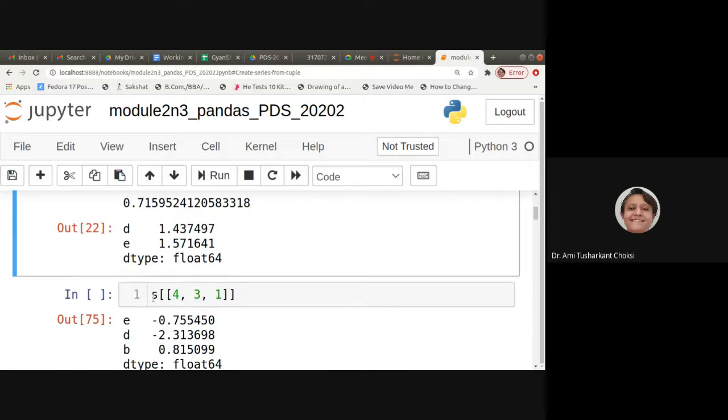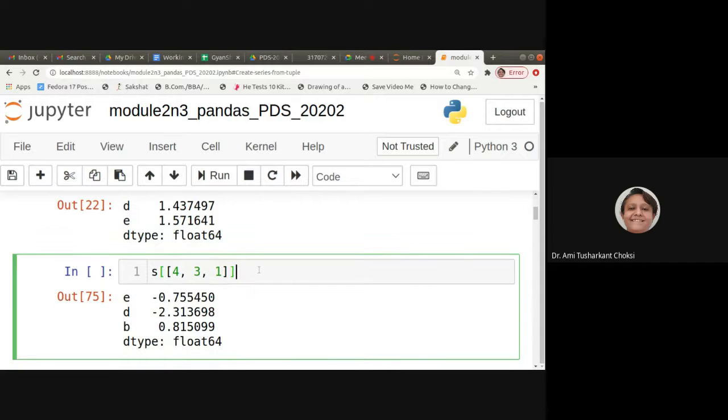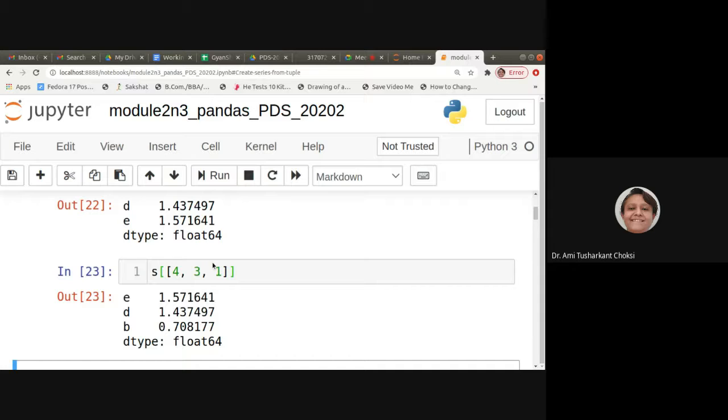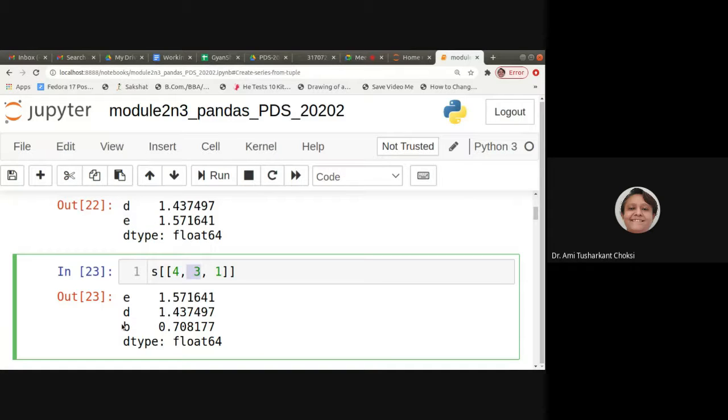Now if I give S of 4, 3, 1, what does it give? 4 is what? It is this one, E. 3 is what? It is D. And 1 is B, isn't it?